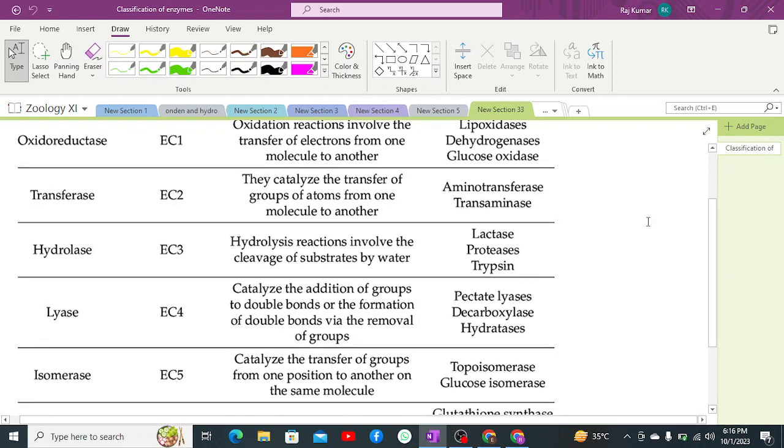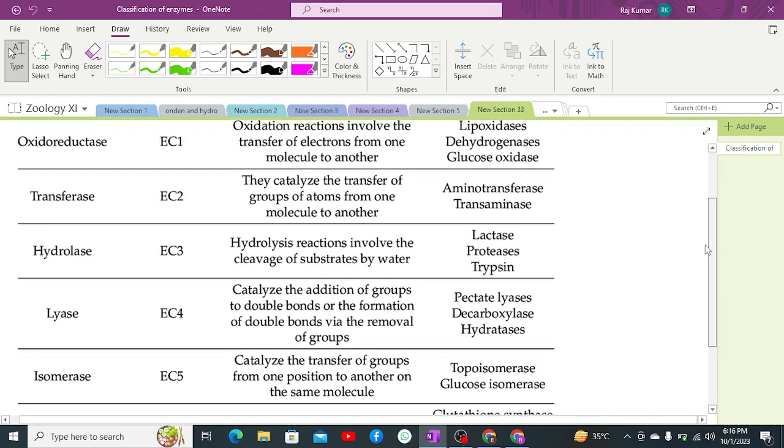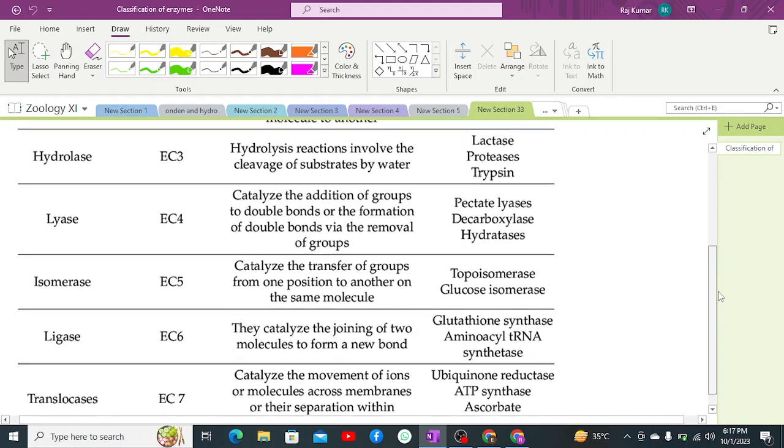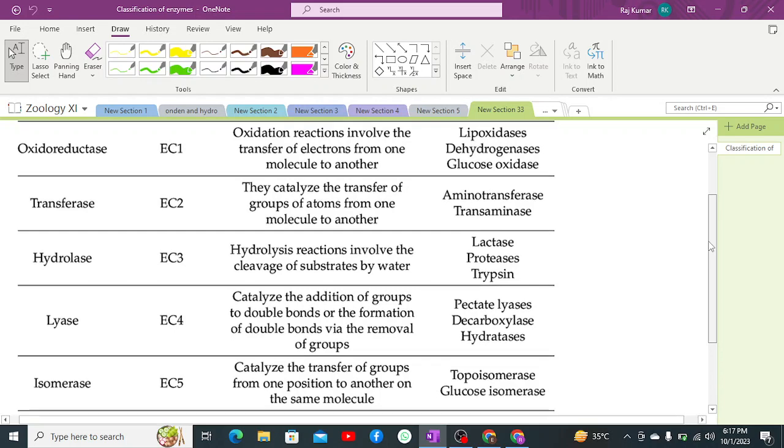Transferase catalyzes the reaction by transferring one group of atoms from one molecule to another. For example, we have aminotransferase and transaminase, which transfer one group of atoms from one molecule to another molecule. And apart from this,